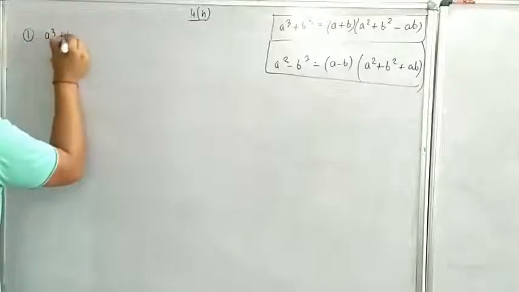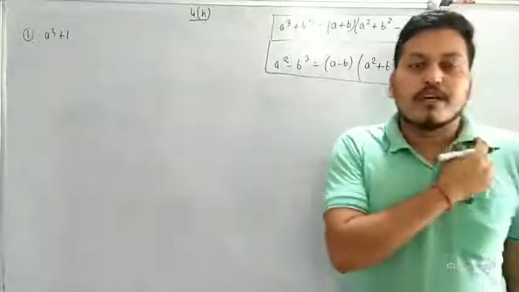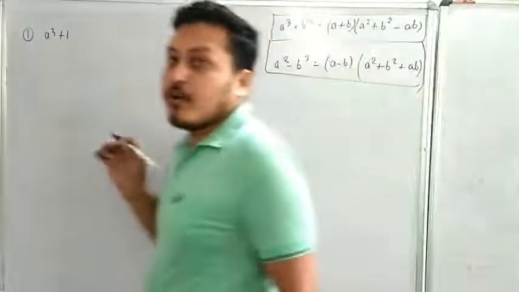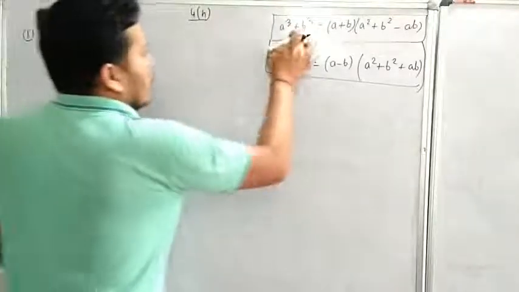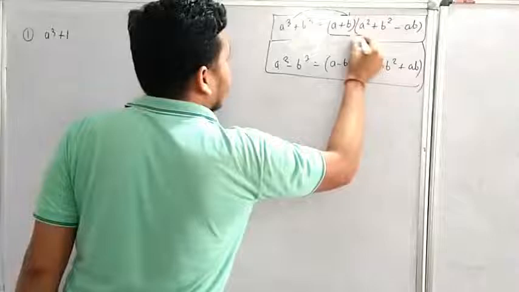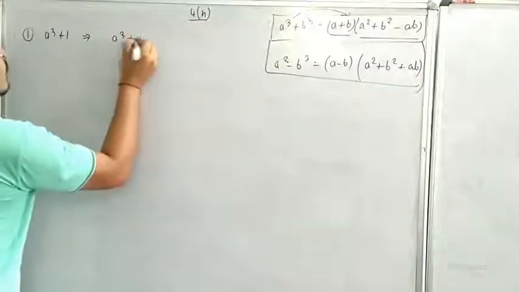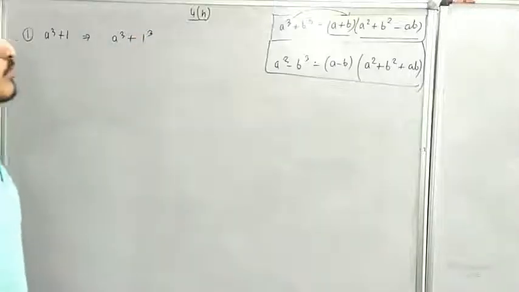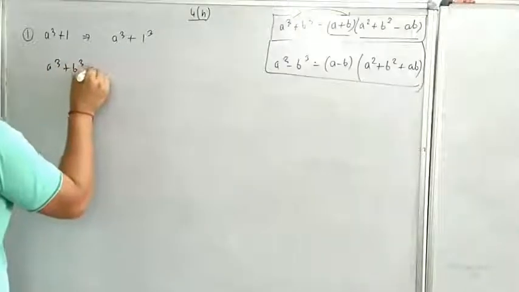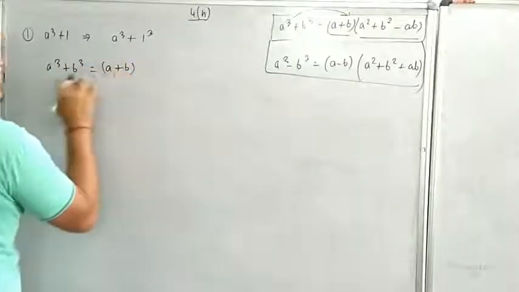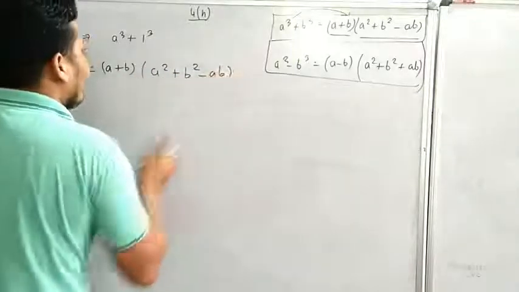So a cube plus 1, factorize it. First of all, identify the form of the question. Which form is given here? It is in the form of a cube. For cubes, keep these two formulas in mind, because when you expand them they come in multiplication form. Here we can write this part as a cube plus 1 cube. And what is the formula of a cube plus b cube? You know that a cube plus b cube is equal to (a plus b)(a square plus b square, and then it is negative, only this is the difference here